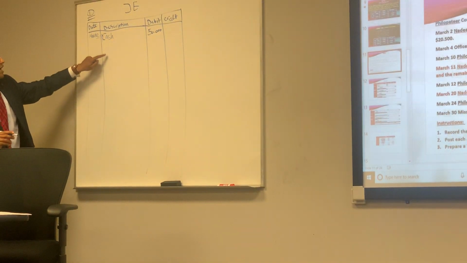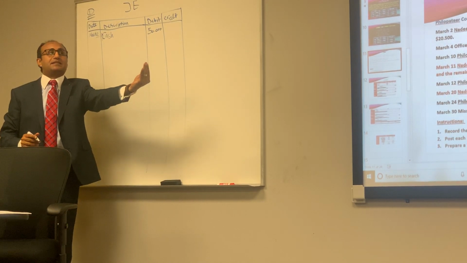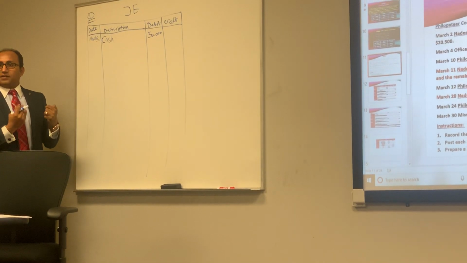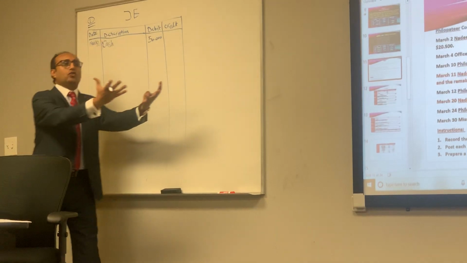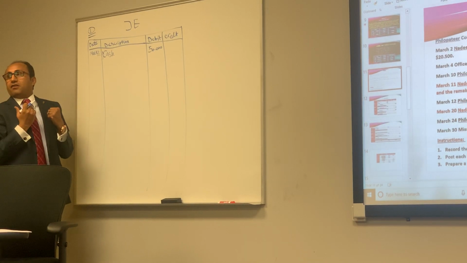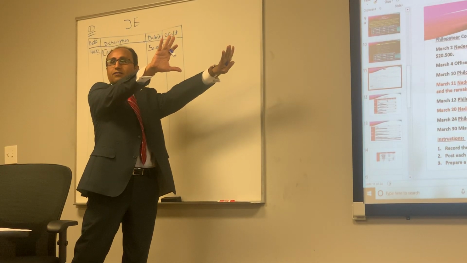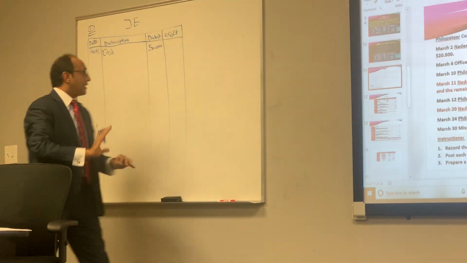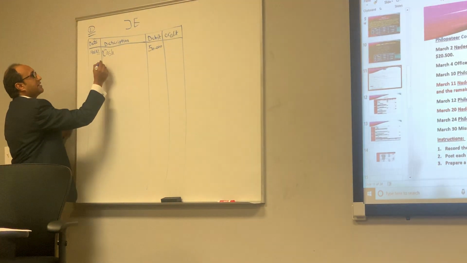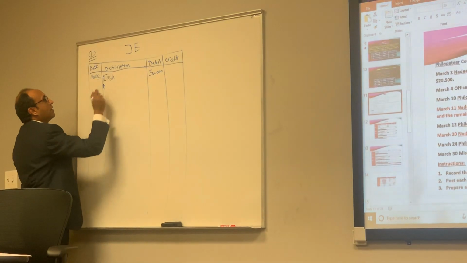and at the same time equipment, as an asset too, is going up. So I have to record it in the debit side, on the left. Close to my body, left. I told you, anything coming into your business, increasing your business, means close to your body, because this is the left side. Decrease, your business going out, is in the credit, far from your body. So cash going up with $50,000, and at the same time equipment going up too as an asset. I have to record in the debit side too, equipment